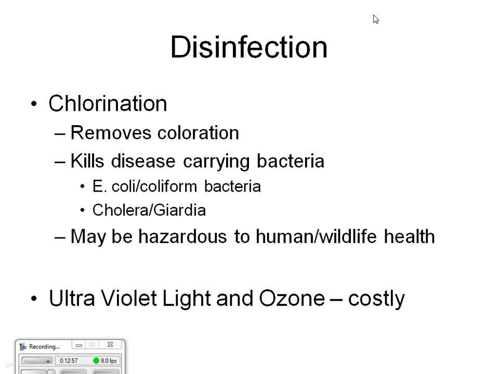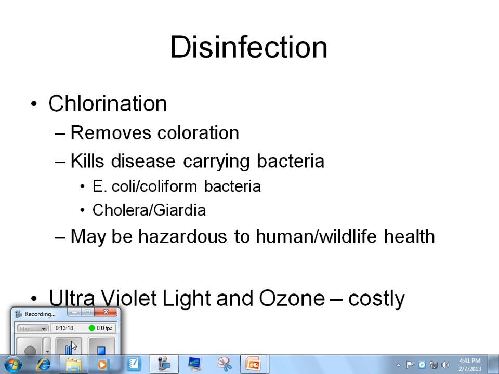The fecal coliform, the disease-causing agents such as Giardia and cholera. All of this needs to be disinfected. And the way they often do that is by chlorinating the water. So this removes the coloration. It kills the disease-carrying bacteria, which will then, of course, improve human health in an area and reduce the amount